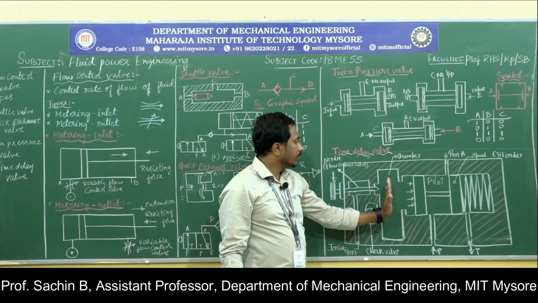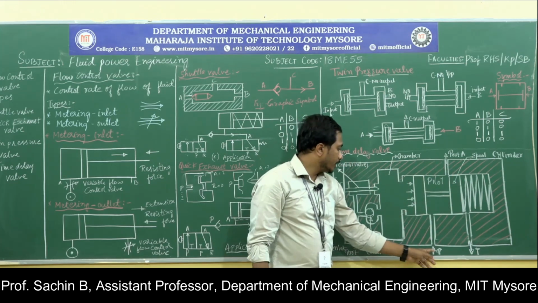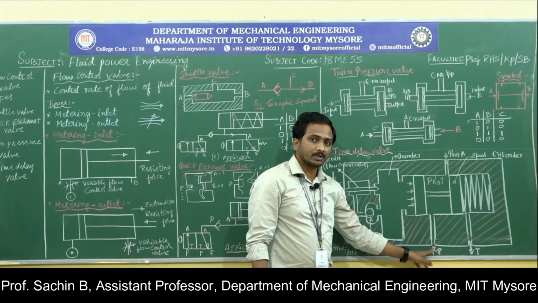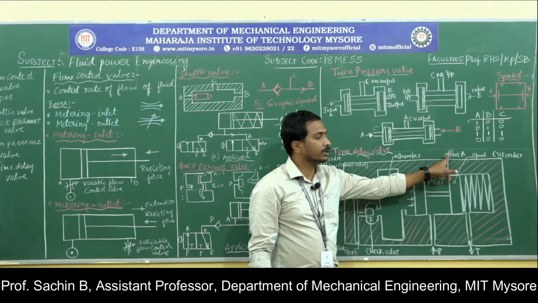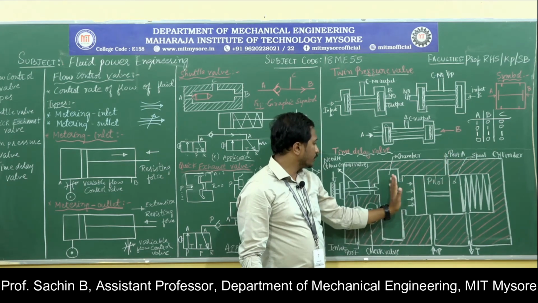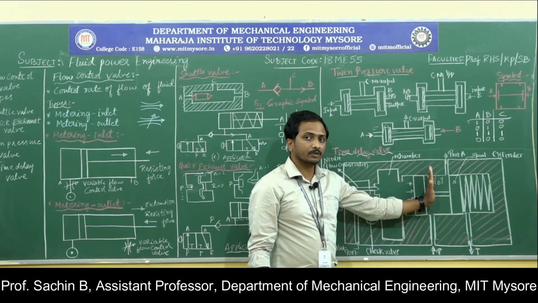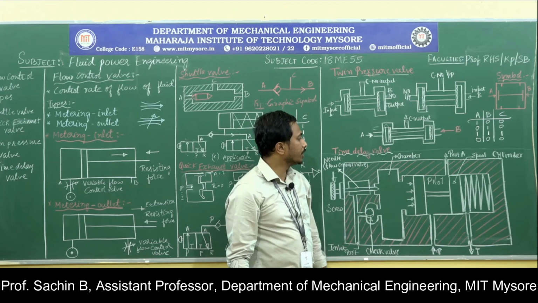With the help of that, again the spool will get moved and the spring will get compressed. One more port is provided over here that contains compressed air. That compressed air enters here and goes to port A, which will extend the cylinder. It's clear. But once the fluid has filled up to here, the extension of the spool is already over. Again, when we need to come back to the retraction position,